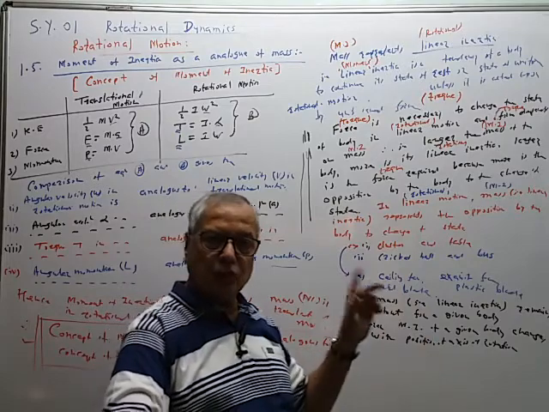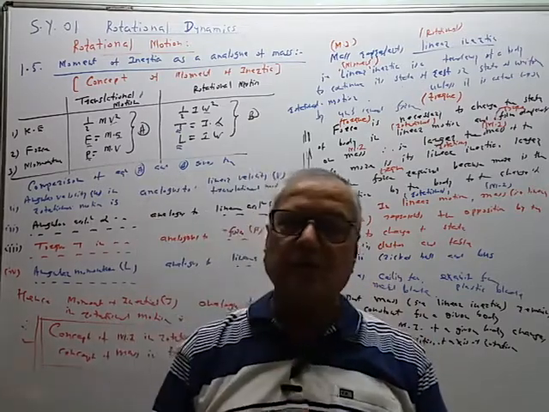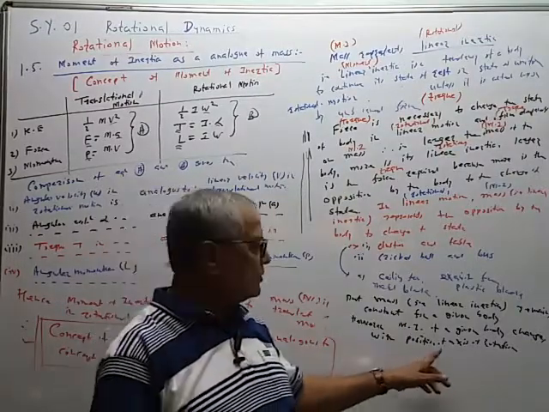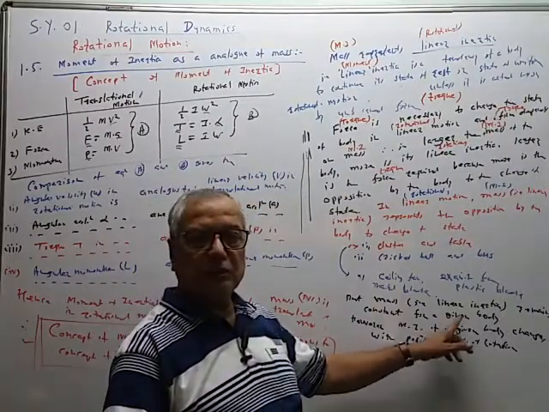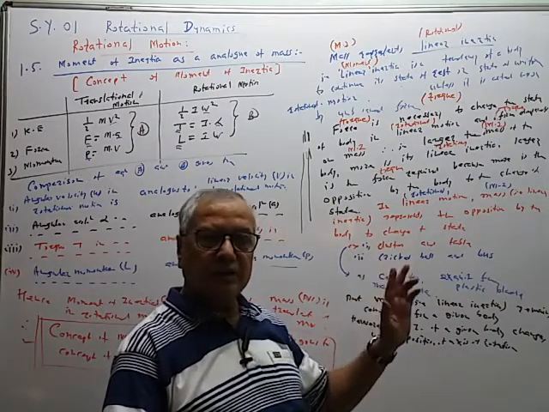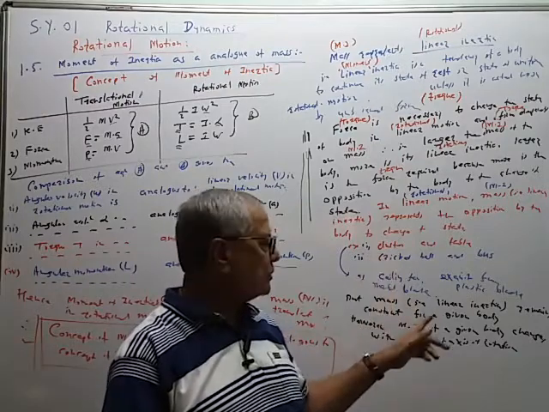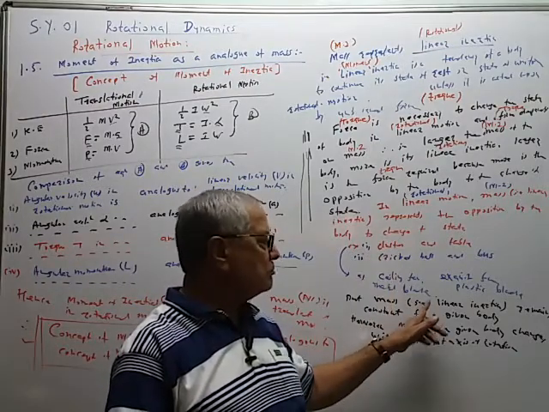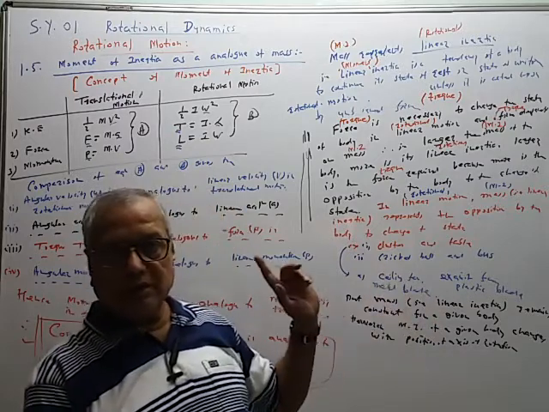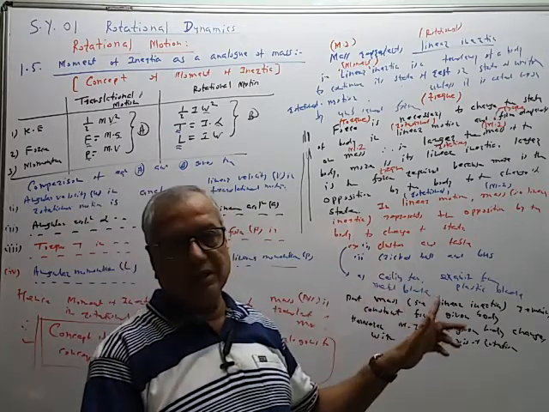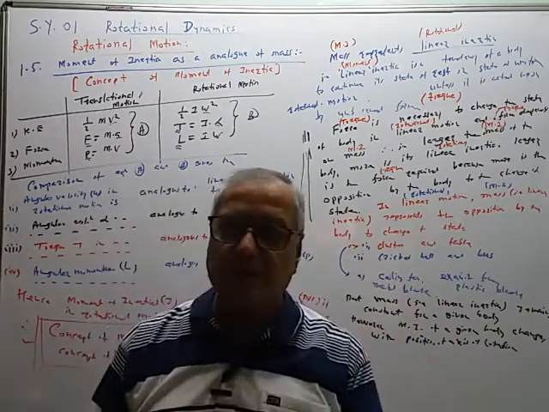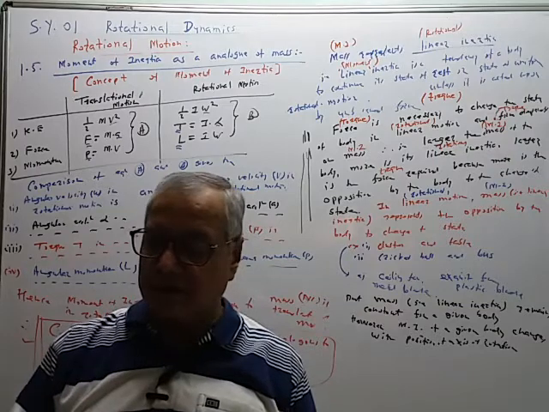It depends upon 2 or 3 factors. That factors of dependence we will see separately. Just now I have given only one factor. If we change the position of the axis of rotation, then the moment of inertia of the body will change. Body is same, ceiling fan, only the position of the axis of rotation has been changed. In this case, mass remains same. Even though body is at rest or even in motion, its mass remains constant. In this case, this moment of inertia changes depending upon 2 or 3 factors, like this.